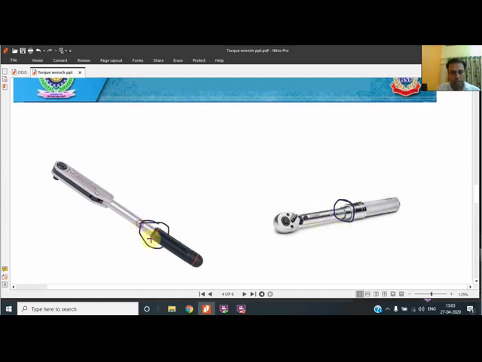In this image also the pointer is there. It is a sleeve type pointer, because how much the sleeve will open, that much torque you will get. Means upside we go, the value used to get increased, and downside we go, the torque value used to get decreased. Similarly for this, the value used to increase if we go upside, and if we go downside, the value used to decrease.